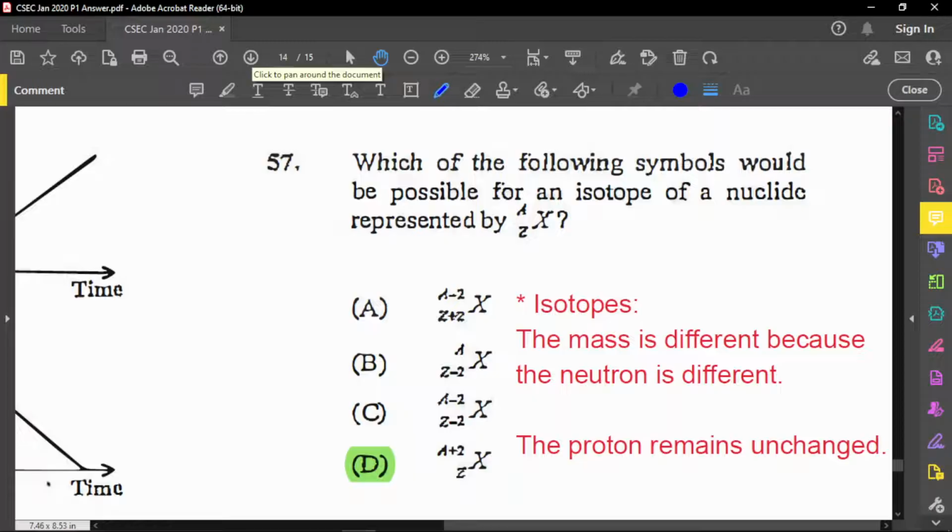Just to make mention, what I want you to remember about isotopes is that the mass is different because of the difference in neutrons. The proton number remains unchanged. You do not change a proton, because if you change a proton, then it's not an isotope. It becomes a different element. Isotopes are the same element, but with a different mass number because of the difference in neutrons. So if we look through all the options here, the only one that has the same Z is